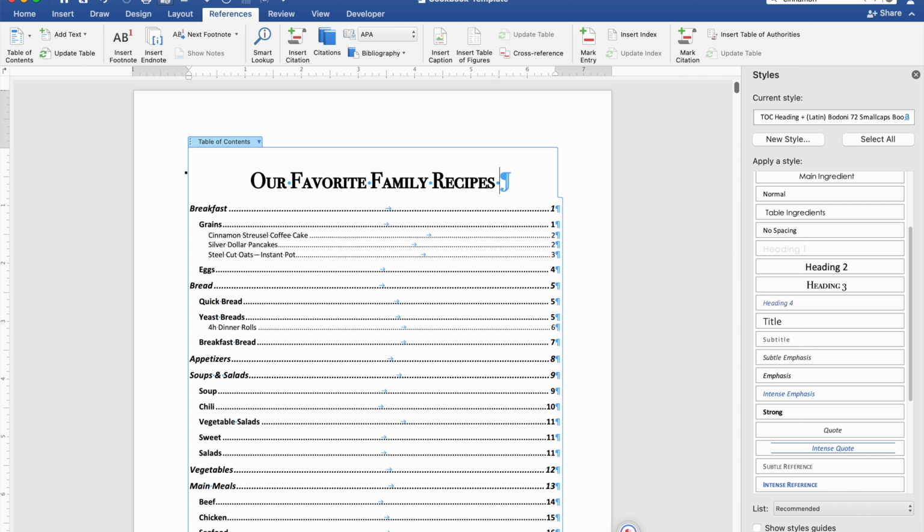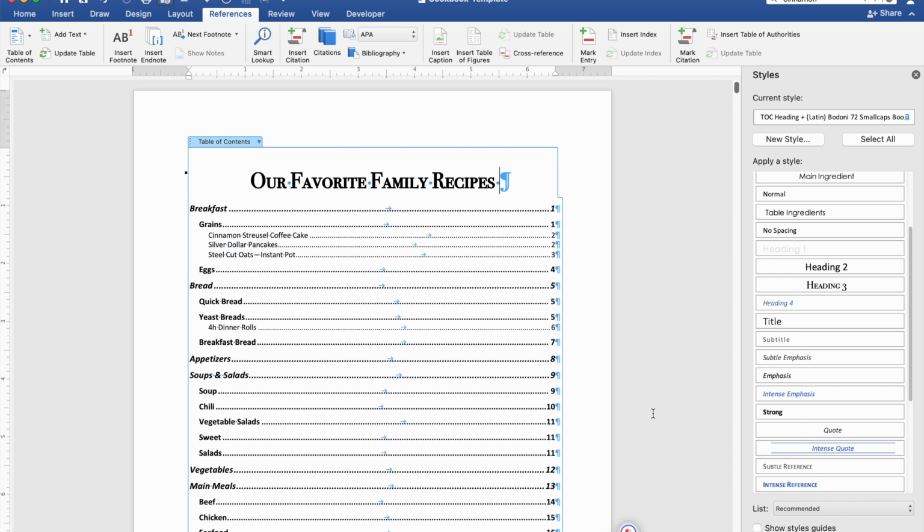Now, as we go through today, I'm not going to go into styles a whole lot or table of contents a whole lot. I highly recommend you just watch those videos that I've created previously because they go very much into depth on those aspects of the cookbook template. I highly recommend you download the latest version of the template, which is on the blog, and I'll put a